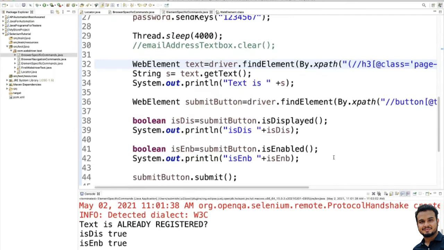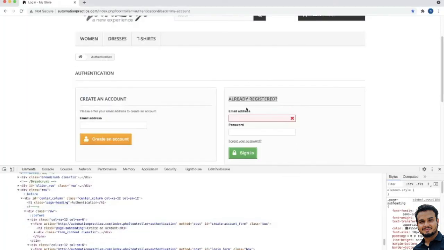Now you can see the text is "already registered" because we gave the correct XPath.